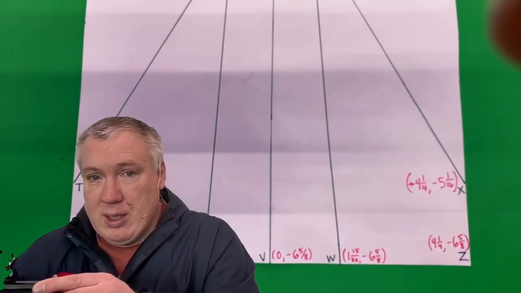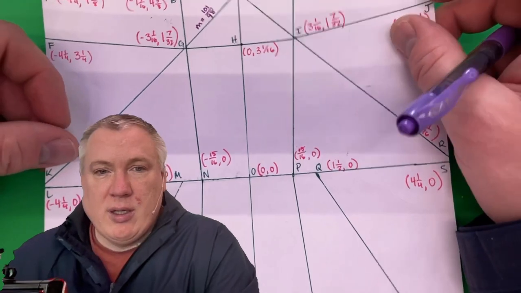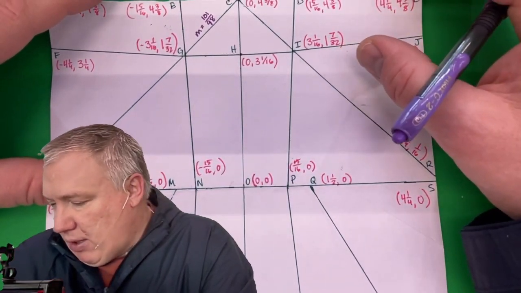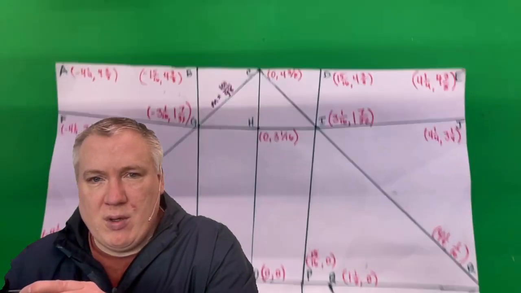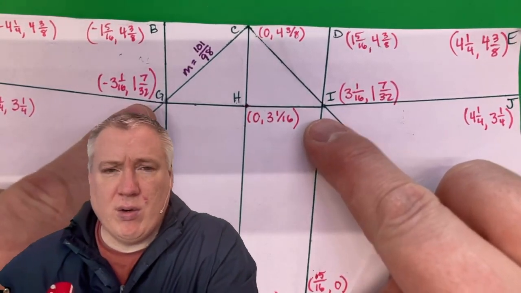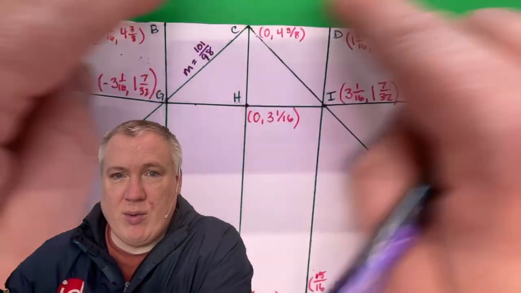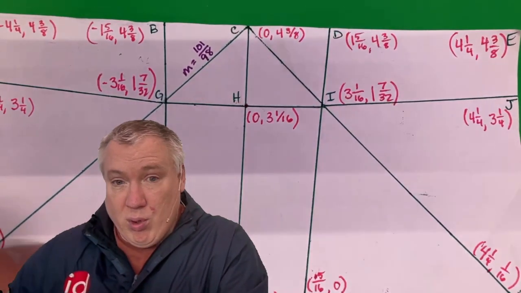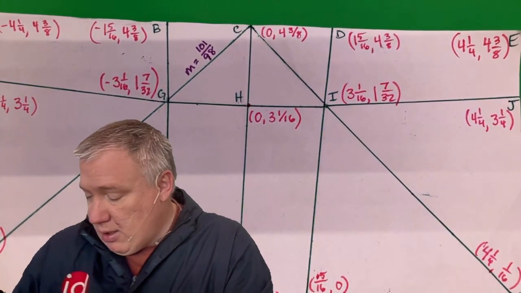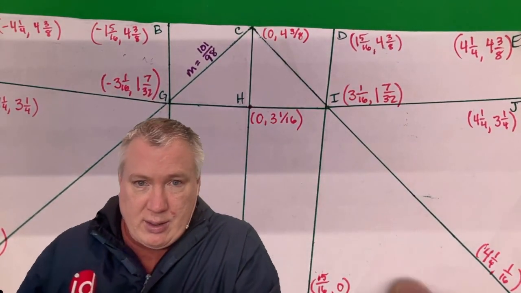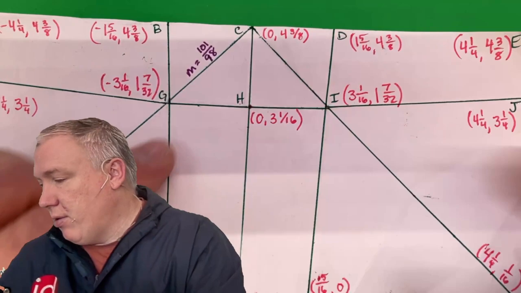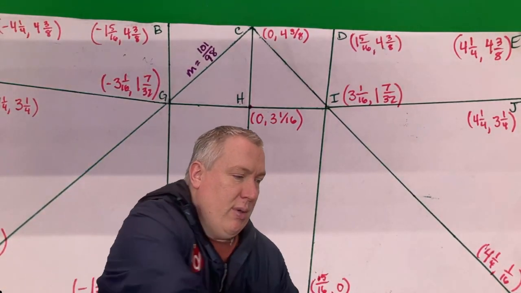Now, there are some coordinate points you cannot find through that method. So you can see right here, these two coordinate points I couldn't find through that method because they weren't on the edge of the paper and they weren't on one of these crosshairs, the x and y axis. So the way I found those was I took a sheet of paper